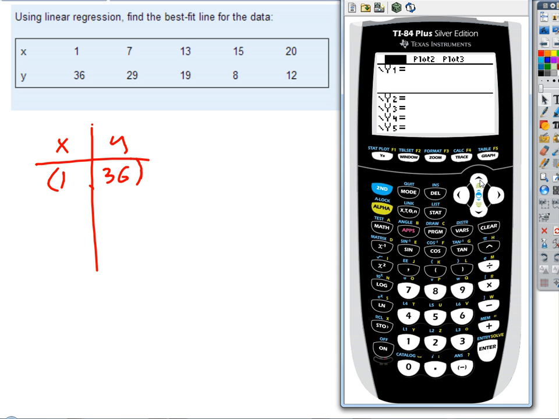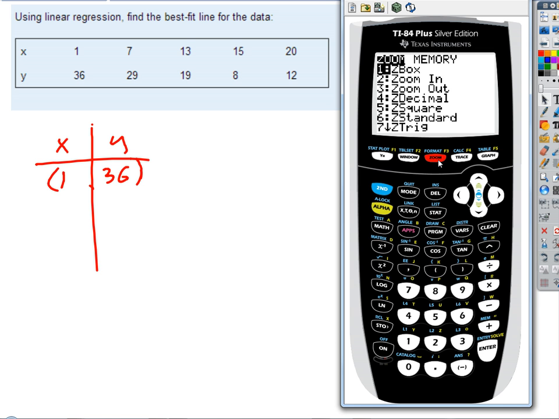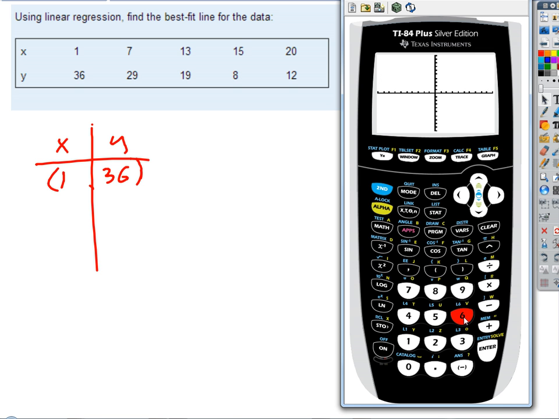And I'm going to go up and turn on plot 1. To turn on a plot, you just go up and highlight it and hit enter. And notice when I do that now it stays highlighted. Even if I go back down to Y1, that stays highlighted, which means it's been turned on. But if I just hit graph, or even if I hit zoom 6 to go to the starting place, that doesn't work well for me